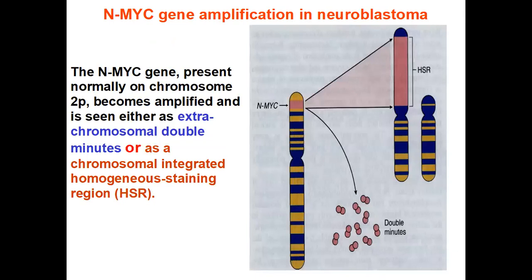هسه عندنا example هنا على N-myc gene amplification in the neuroblastoma. هذا الجين موجود normally على الكروموسوم 2p يعني الكروموسوم رقم 2 الـ p هي short arm نرمز لها بالـ p والـ long arm نرمز لها بالـ q. فالمكان مالته هو على الكروموسوم الثاني على short arm يصير به amplification يتحول إلى extrachromosomal double minutes. هذه هي القطع الصغار يسموها double minutes. هذا الـ N-myc بحالة النيوروبلاستوما. أو أن هذه الريجن مالت الجين تتحول إلى chromosomal integrated homogeneous staining region. هذا الـ homogeneous staining region هذه أيضا تسوي لنا النيوروبلاستوما. هذه التشينجز اللي يصير لنا بالـ N-myc.